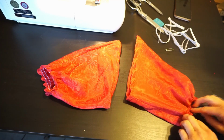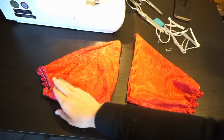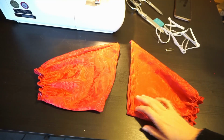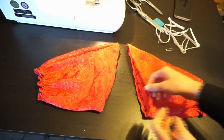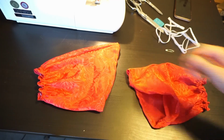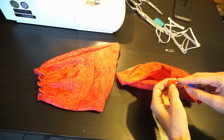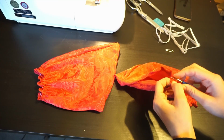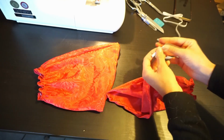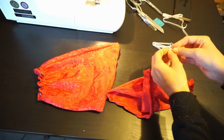I decided to do some smocking at the ends of these two to keep things consistent with the rest of the top. So that is all done, and I've created a little casing. Now I'm going to seam rip this little opening right here. Now I'm going to take my elastic and attach this to it,